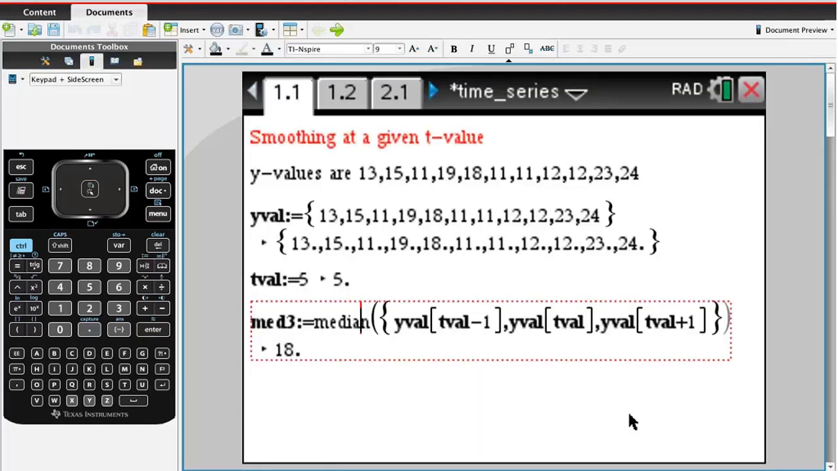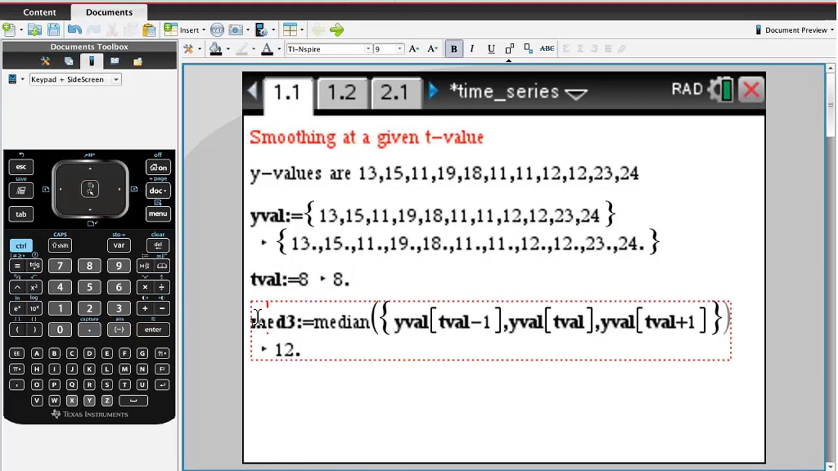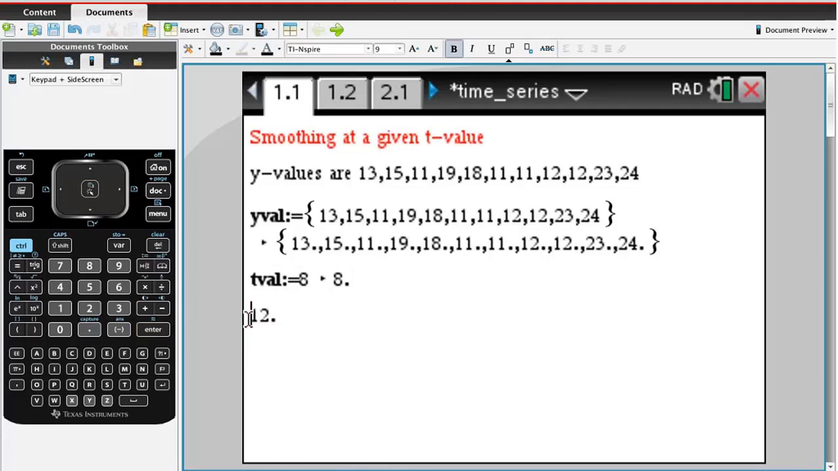So you'll see here what that's done is it's still generating the values. So I'll just put another value in, 8. And it is calculating, but it's not telling you much. And this is a good point now to illustrate with these math boxes. You can do the following, the 3-point moving median